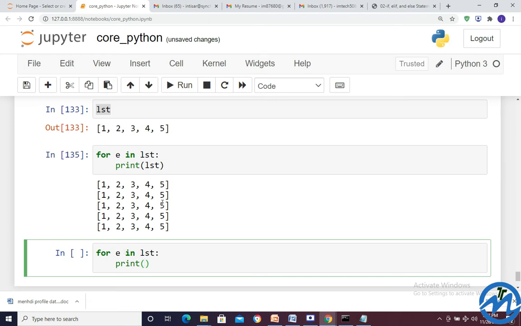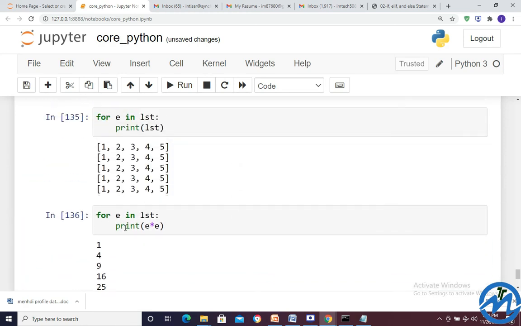What are the things we can print here? We can print something like E multiplication E. Let's see.